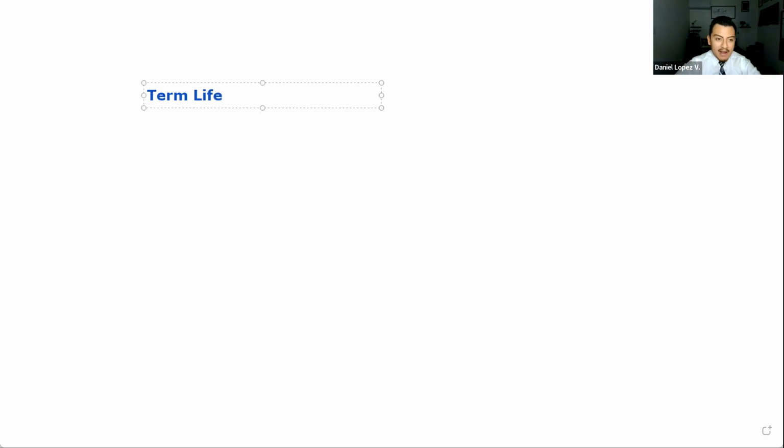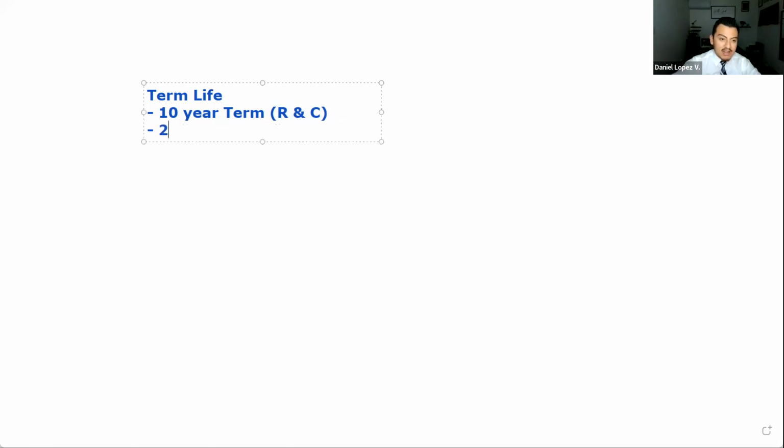Okay, so with term life, we offer different type of terms. We offer mainly the 10-year term, reduce, and convert. That means this is a 10-year term that you're able to renew. You're able to keep renewing it every 10 years till the age of 65, or you're able to convert it to a whole life insurance. Okay. That's the main one you're going to see.